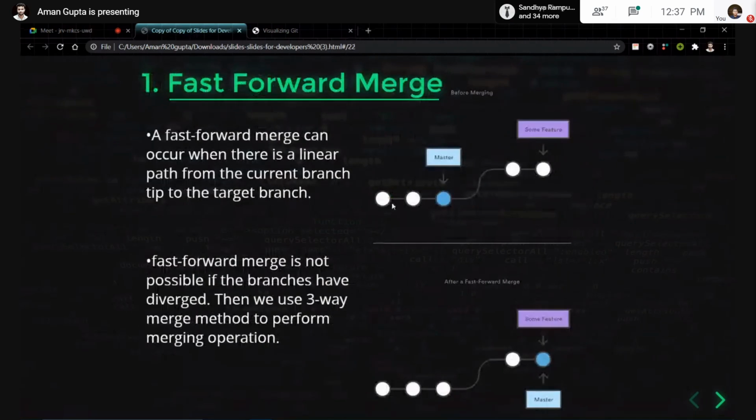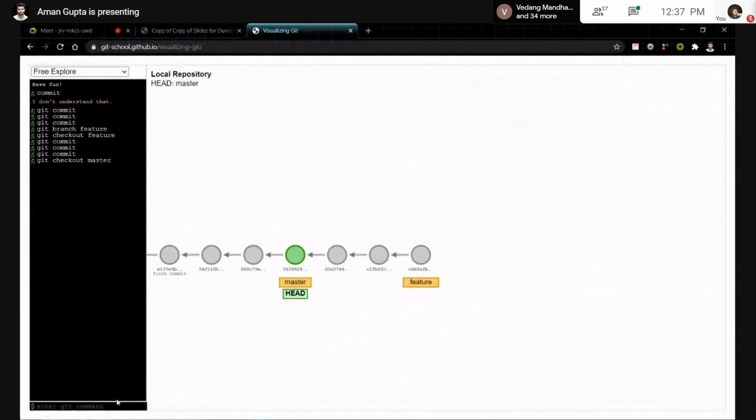When you are making changes in the master branch, and then you have created one more branch and start making changes in this feature branch, and then you haven't gone again to the master branch to make some commit and merge those commits, then it will create a fast forward merge. Let me show you a real example of how it can be visualized. So like this, we have two branches, master and feature. Now if you want to merge those without going back to the master branch, then we can do it like this: